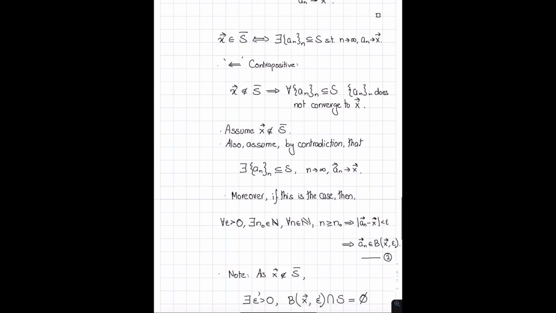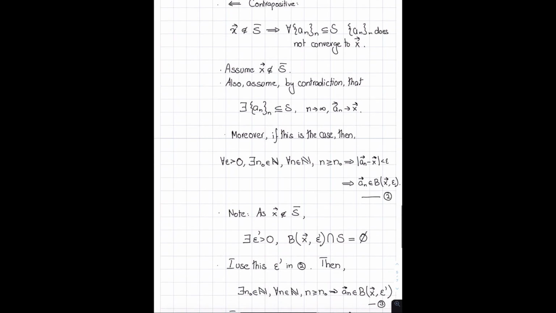To prove it in the opposite direction, we essentially use the fact that if X is not in S interior, or what we wanted to prove is that if X is not in S interior, then there does not exist any sequence a of n in S which converges to X. We essentially ran an argument by contrapositive and contradiction. So we assume that X is not an element in S interior, and we assume by contradiction that there exists a sequence which converges to X. We showed that if this was the case, then there had to be at least one value of a of n, in fact